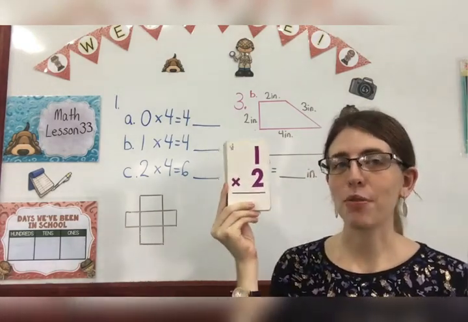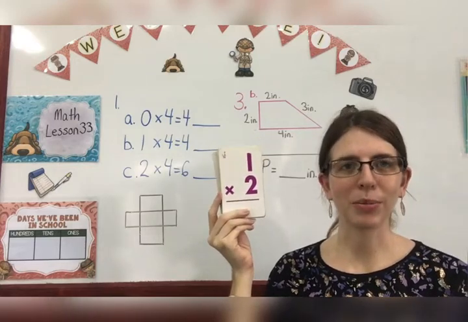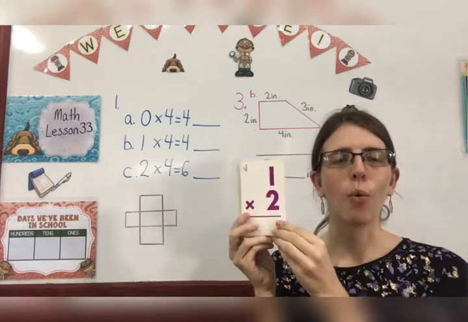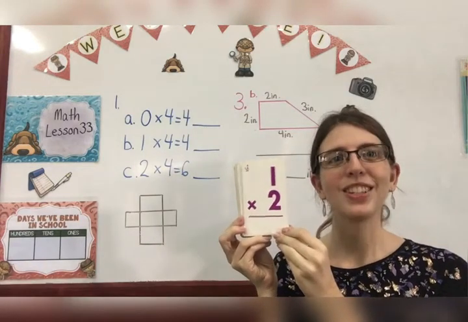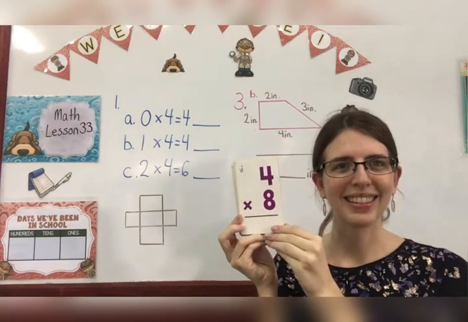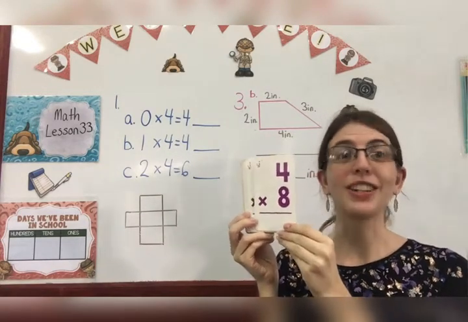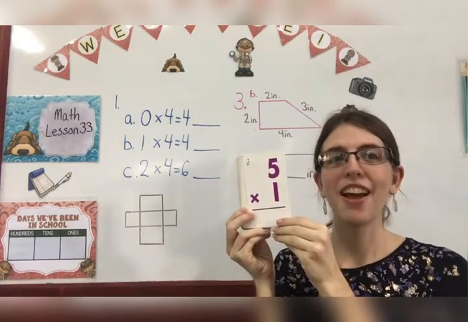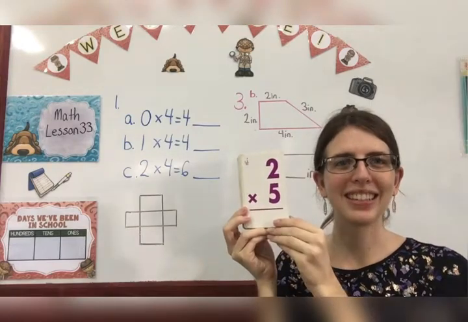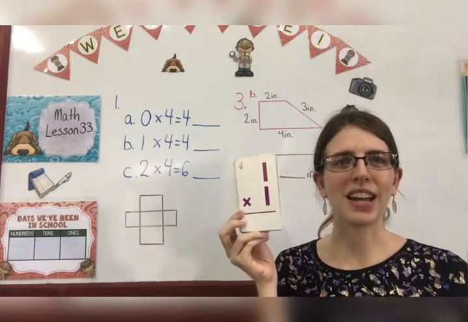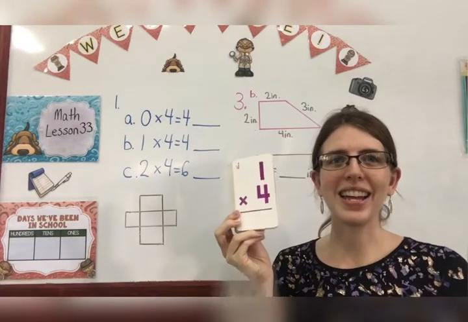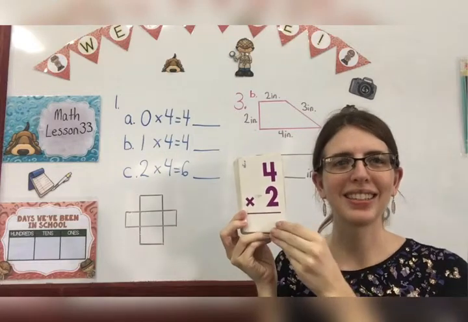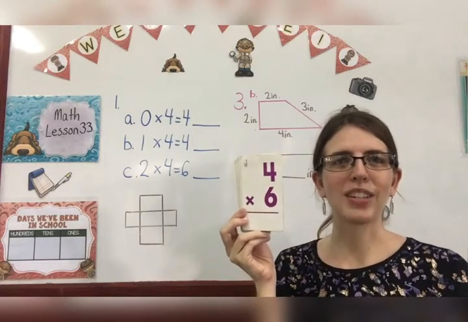We have learned up through 4, so we're going to work on some of our multiplication tables going up through 4, okay? Here we are. 1 times 2 is 2. 4 times 8 is 32. Make sure you're saying them before I say them. Can you beat me? 5 times 1 is 5. 2 times 5 is 10. 1 times 1 is 1. 1 times 4 is 4. 4 times 2 is 8. 4 times 6 is